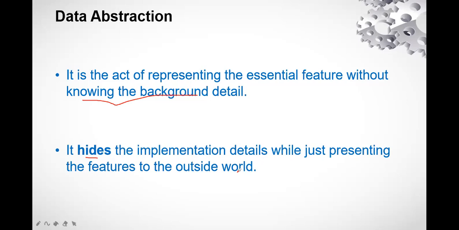If I take an example for this, yesterday I took an example for objects and classes, that was the ceiling fan. The one which I am sitting under in the room, that particular ceiling fan, that is the object. Now whenever I am giving a method, that is, a function, what function is there? Switch on and switch off. So when I'm switching on the fan, I am not getting into the detail of how the current is passing to the fan and how the fan starts revolving. So that particular part is hidden from here. It is not shown here.